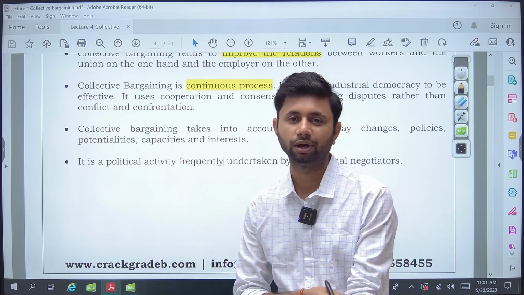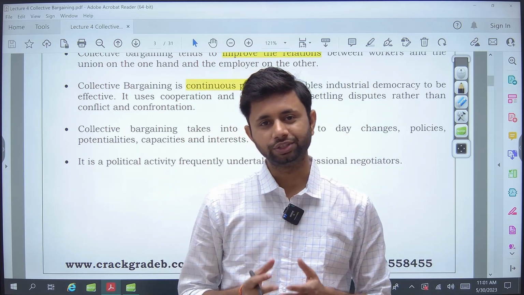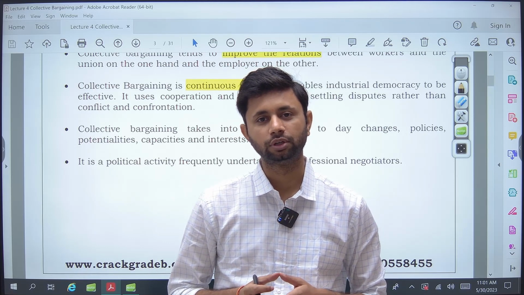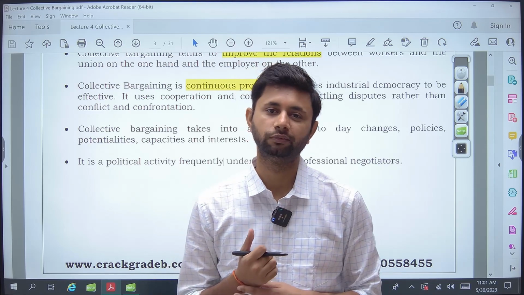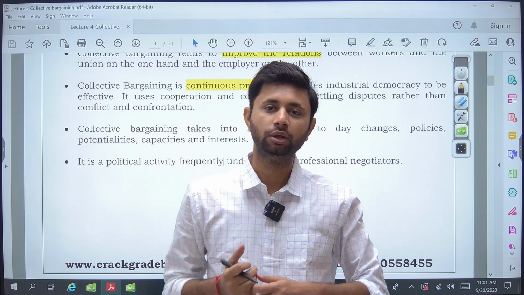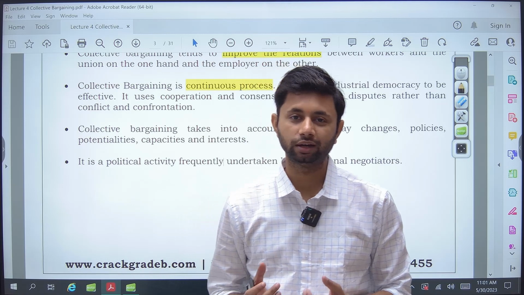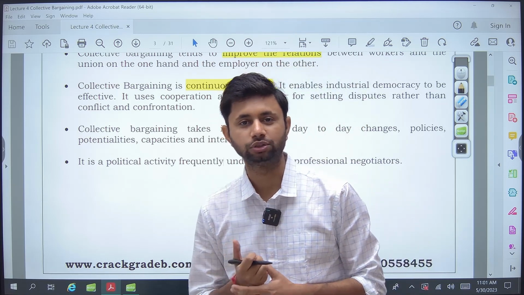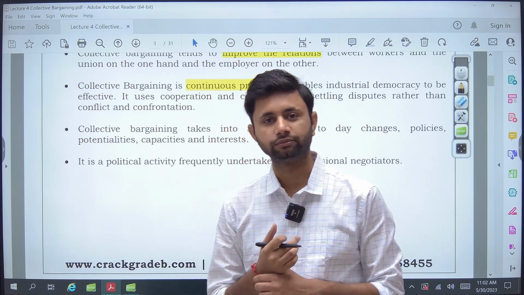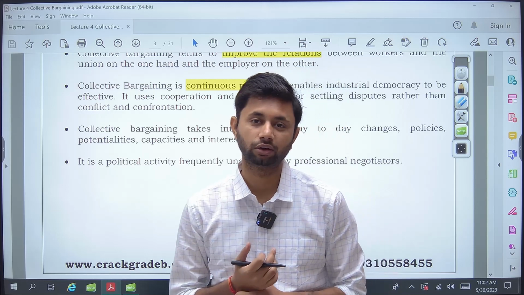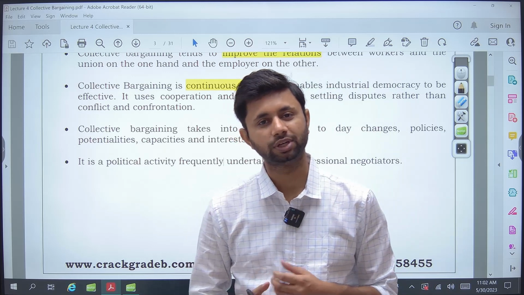Now it is said that collective bargaining is a continuous process. Why? Because an agreement reached at the start of the year can become obsolete after 2 or 3 years because of the advent of the technological world that we are living in. Even the constitution provides special provisions for its amendment. Although we have a very good constitution, it still wants to remain relevant with the changing world. Especially with the arrival of technologies like artificial intelligence, machine learning, and blockchain technology, the nature of industrial relations will keep on changing.